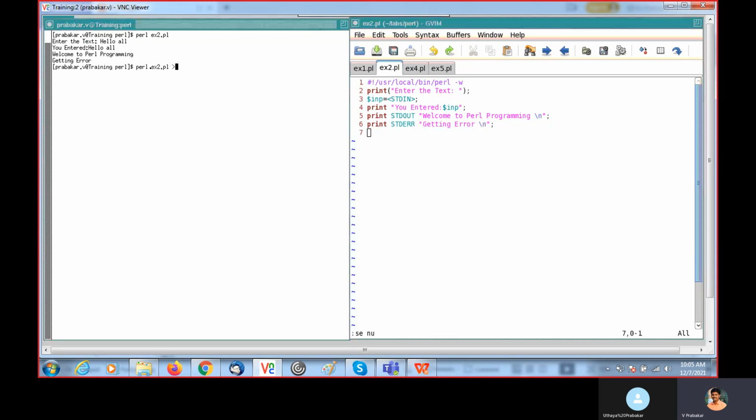Now I'm going to print the output into the out.txt file. Here this redirection indicates that the output is printed into the out.txt file. If I enter this, I need to give the input for STDIN.